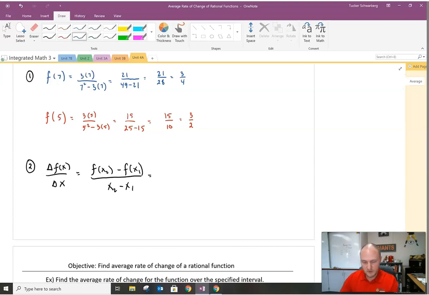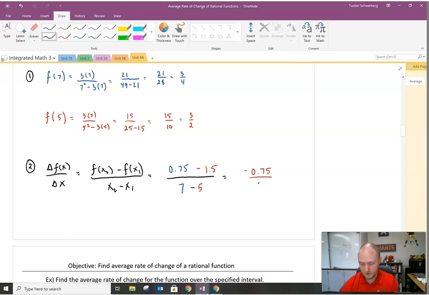It looks like we have 3/4, which is 0.75, minus 3/2, which is 1.5, over 7 minus 5. So it looks like negative 0.75